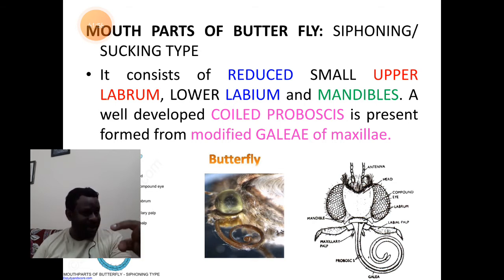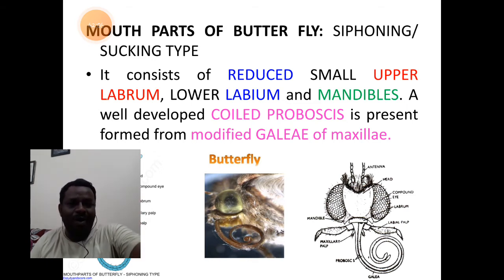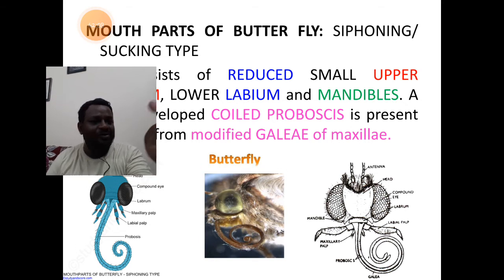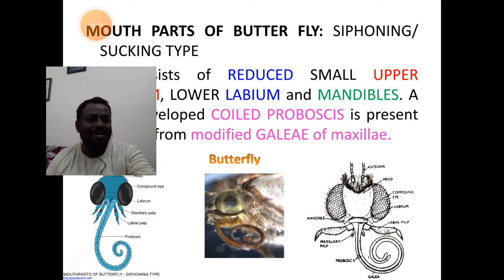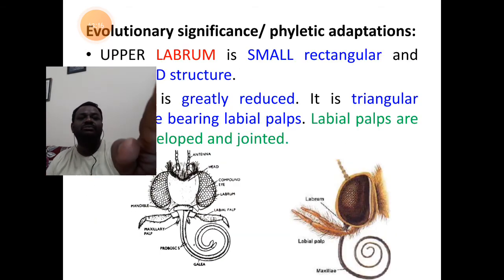When it is stretched out, it is a condition that the animal is in the stage of feeding. When it is coiled, it indicates that the animal is at the resting stage. So in all the 3 diagrams, you find generally the proboscis is coiled, indicating the resting stage of the fly. Now,